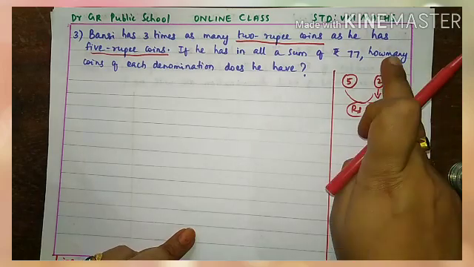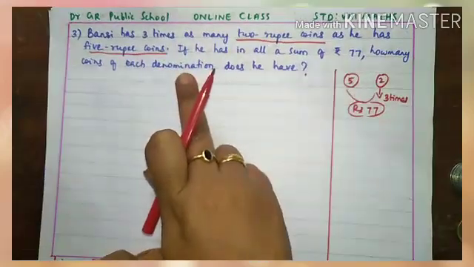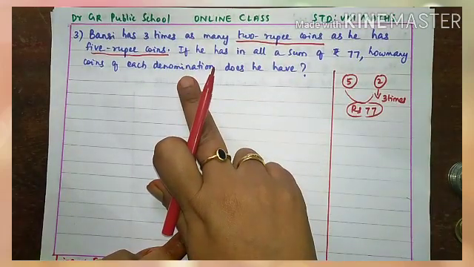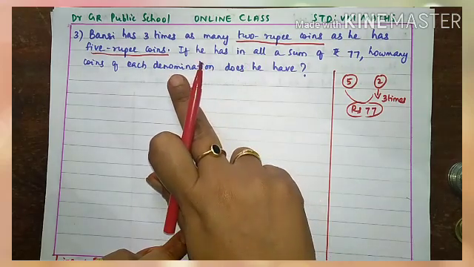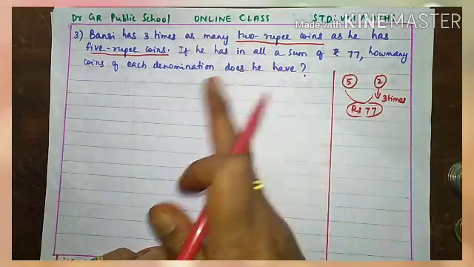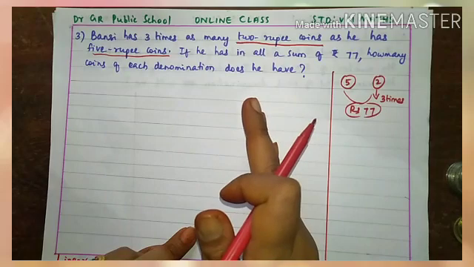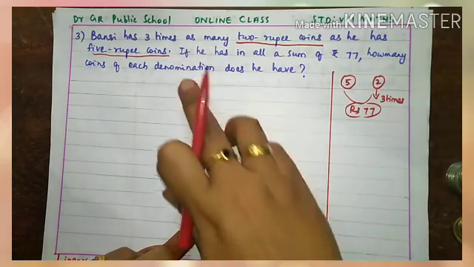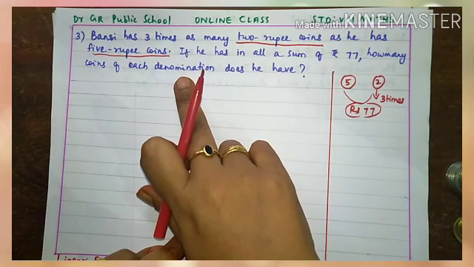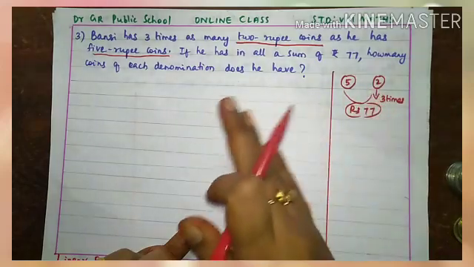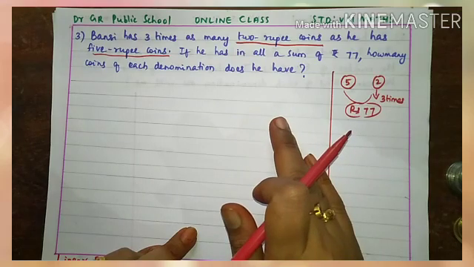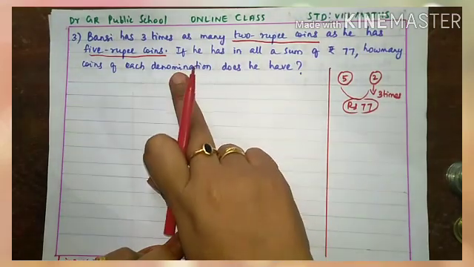So we want to find out how many coins of each denomination he has. Children, what do you mean by denomination? Denomination means the division, that is, how many 2 rupee coins, how many 5 rupee coins. So that way we are dividing the 2 types of coins so that we can clearly find out. That is called denomination. Denomination always means the value of money we are splitting and telling how many 5 rupee and how many 2 rupee coins there are.